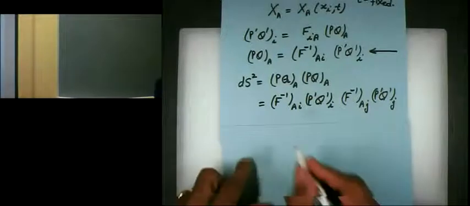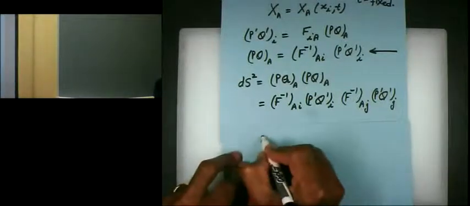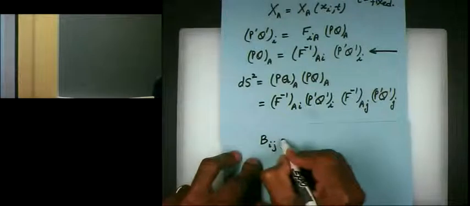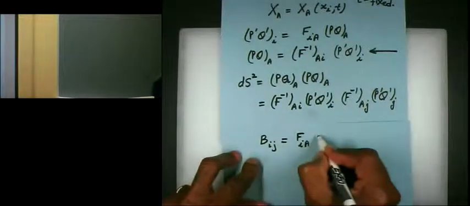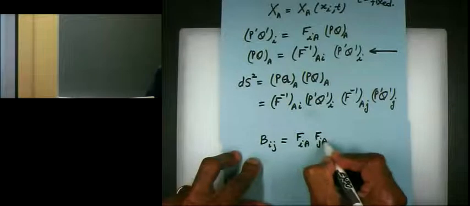Okay. So what is, if we define B, B, three lines means definition, two lines means equals. So it's not a mistake. I'm purposely putting 3 lines. So what will be B inverse?